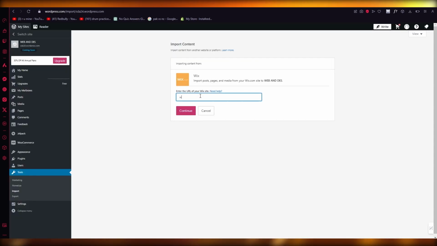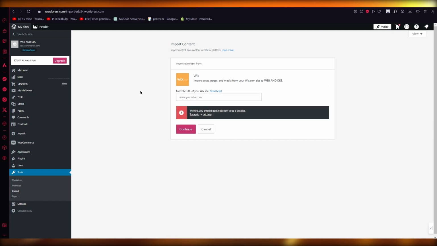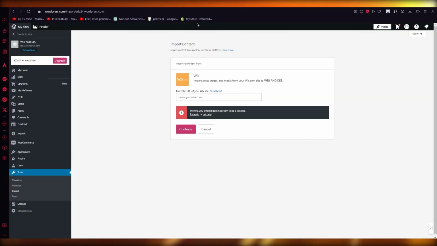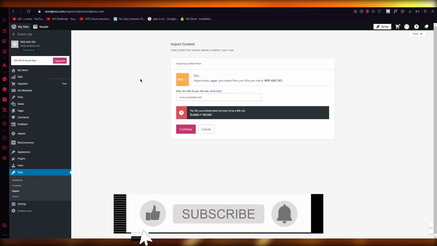So you're going to take that link and add it here. So let's say, for example, I'm going to add this. Once you do that, click on continue. It's going to configure if this is the Wix website URL. And once all of that is done, that is basically how you are going to import your content from Wix